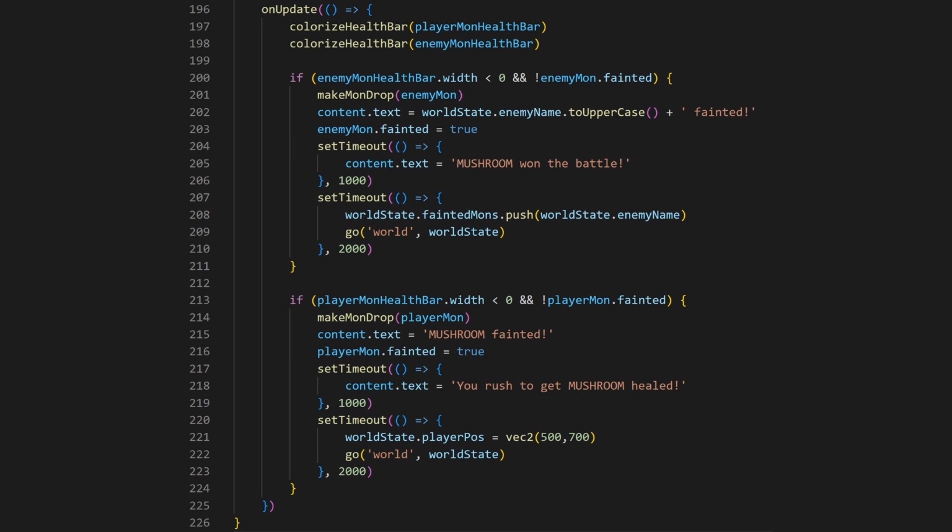Now we're going to use a last on update function here. I'm going to colorize the health, call the colorize health bar for both of our health bars, enemy mon and player mon health bar. Then we're going to handle what happens when a monster is dead or fainted. So if the enemy mon health bar dot width is inferior to 0, that means it's dead, and we haven't considered it yet to be fainted, then we're going to make the mon drop, update the text to signify